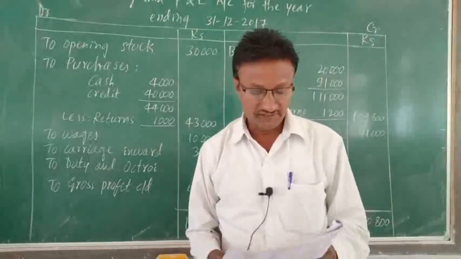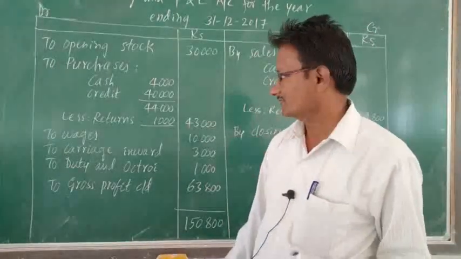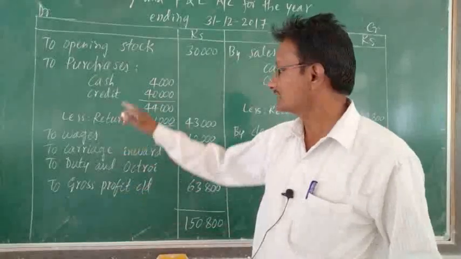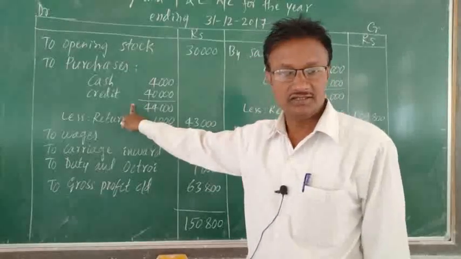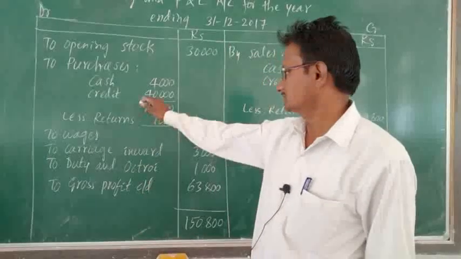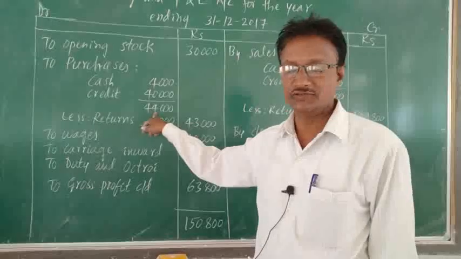So see the cash book debit side. Here cash purchase is given, that is 4,000, and credit purchase is also given in the additional information, 40,000. So cash purchase and credit purchase total 44,000,